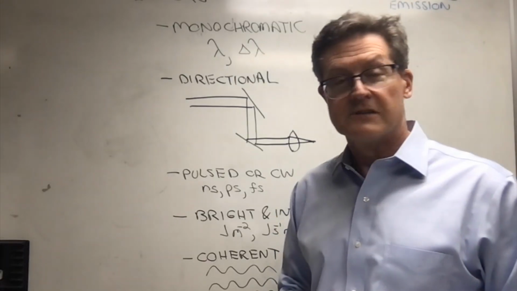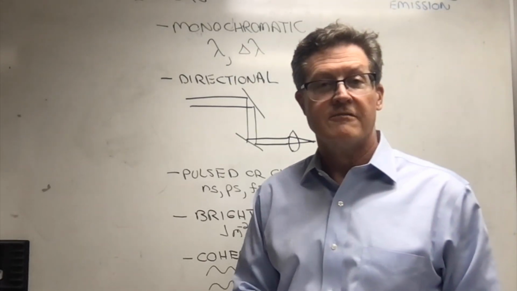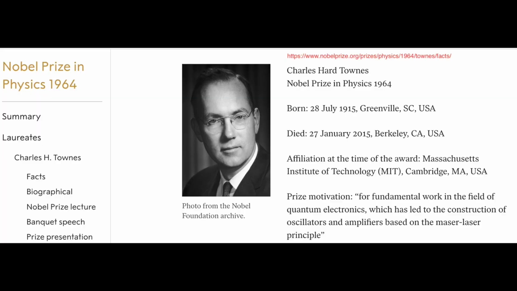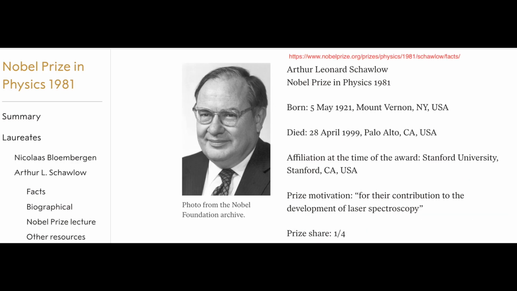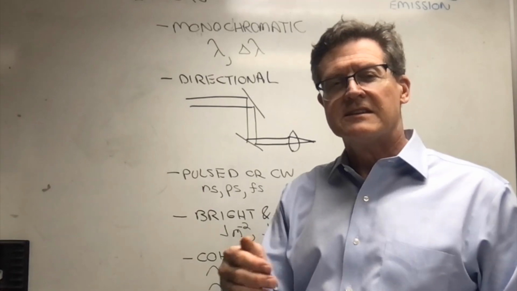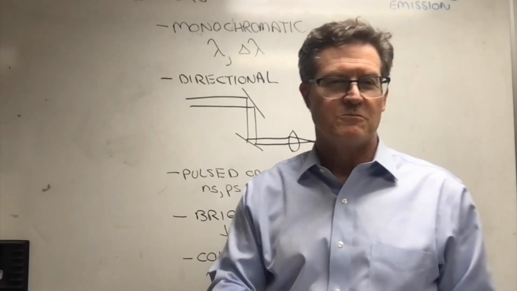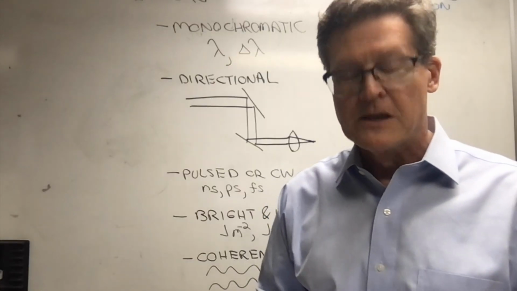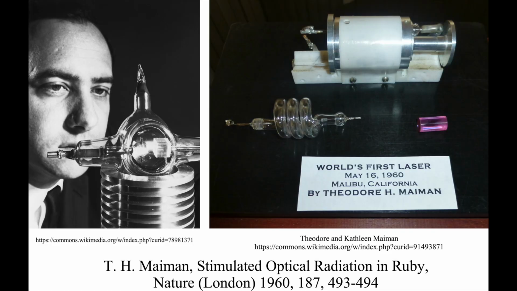Now, there are a number of different lasers, and they were all built off of original work that actually started in the microwave regime by Arthur Schawlow and Charles Townes, right? And they got the first system with amplification of stimulated radiation to work in the microwave region. So that was actually called a maser. And then when we got to the infrared and the visible regime, that's when we really called those lasers, right? The first visible laser was the ruby laser, actually, discovered by Theodore Maiman back in 1960.